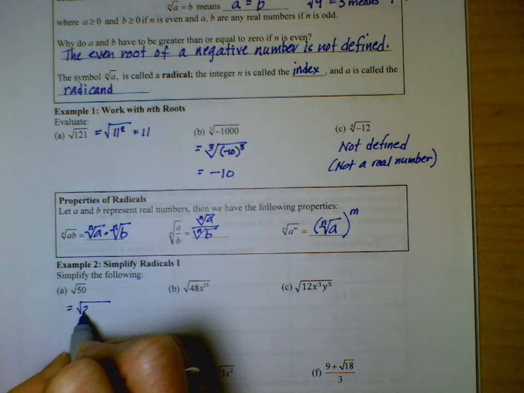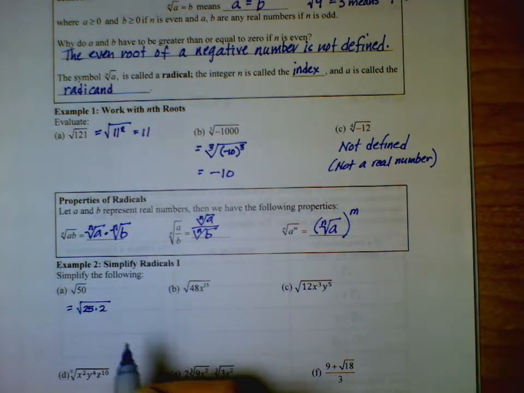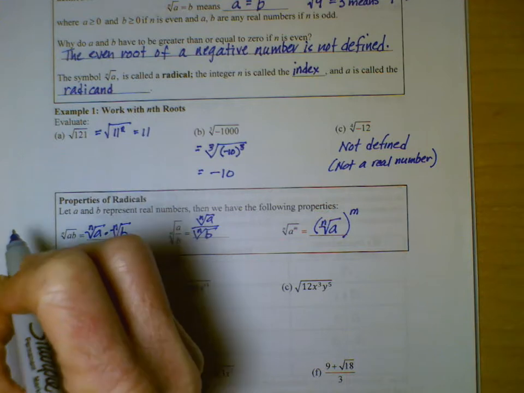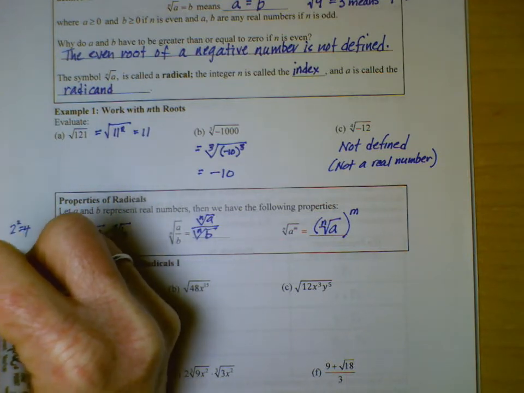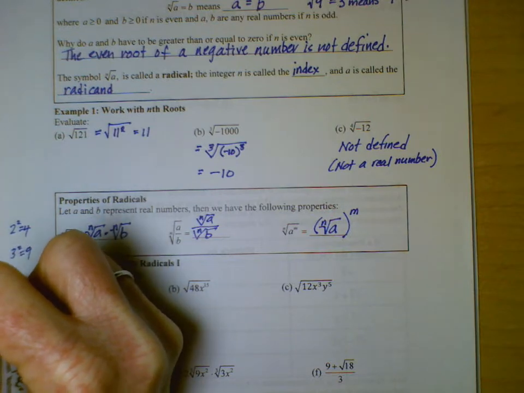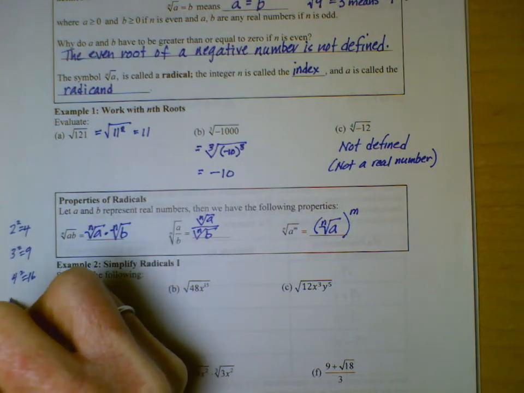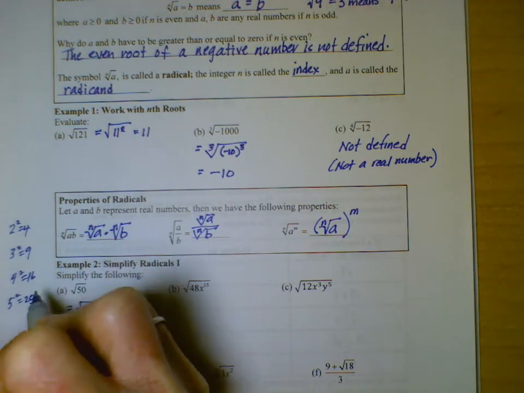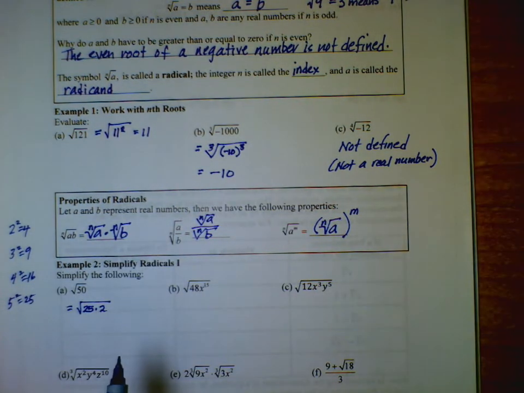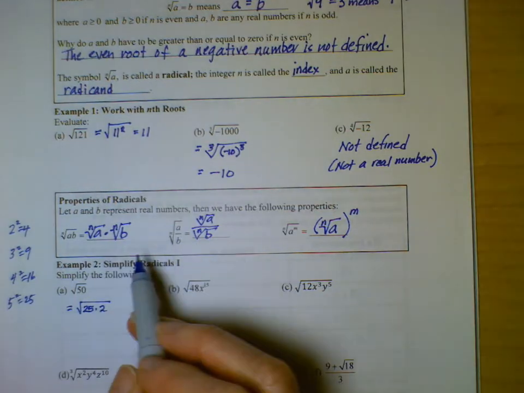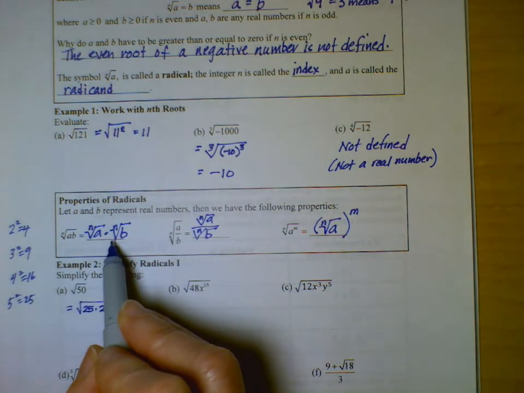And that would be 25. Because remember the perfect squares, you may want to have a little list, but 2 squared is 4, and 3 squared is 9, 4 squared is 16, 5 squared is 25, and so on. So I know that 25 is a factor of 50, and now because of this property right here,